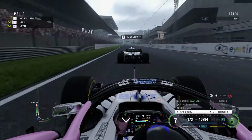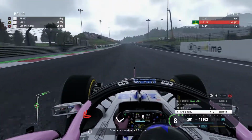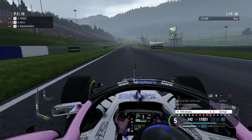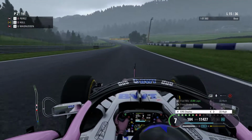Boot, DRS open, slipstream gate. Magnussen pulls right, doesn't pull right enough. We surge down the inside of the Haas, slow it down, bring it under control, light bit of curb, and that's us through up into second place, and of course retaining the net lead of the Grand Prix,